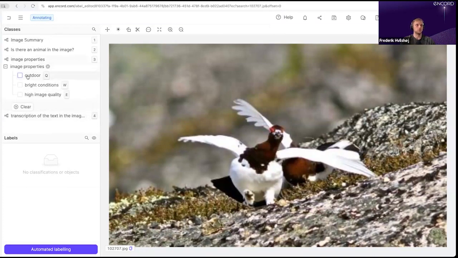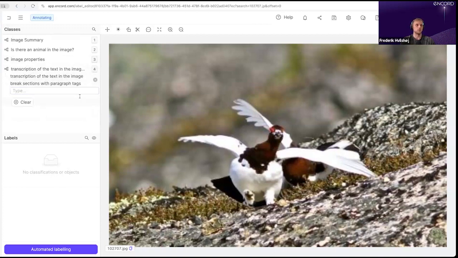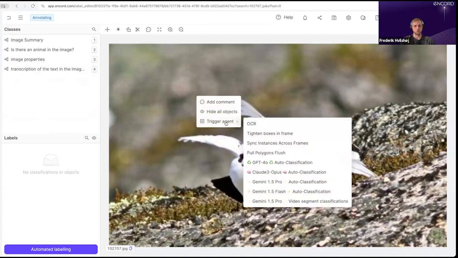And then we have one with some checkboxes. And finally, we have a transcription. So if there's any text in the image, we would like a transcription of the text as well. So this is just one ontology we came up with here. It's not tailored for this particular demo, except for the fact that it's of course supposed to be appropriate for the data. And so what will happen now when I click this GPT-4o custom agent